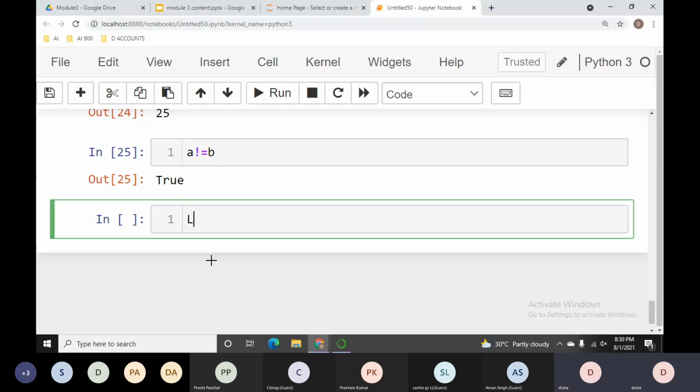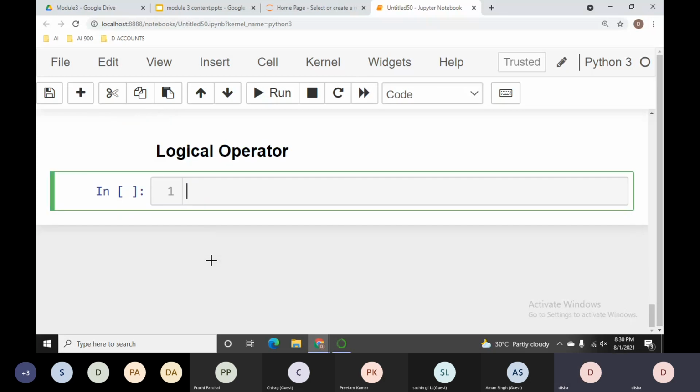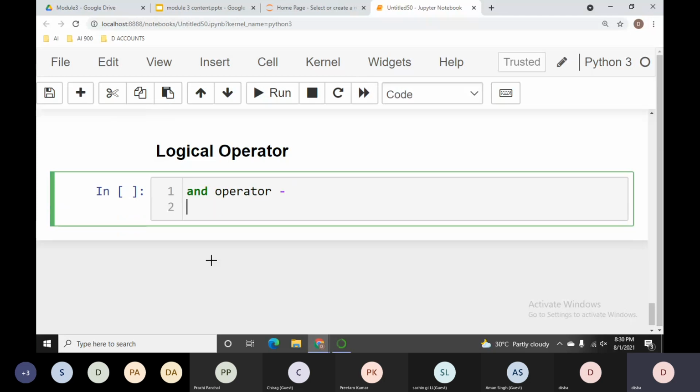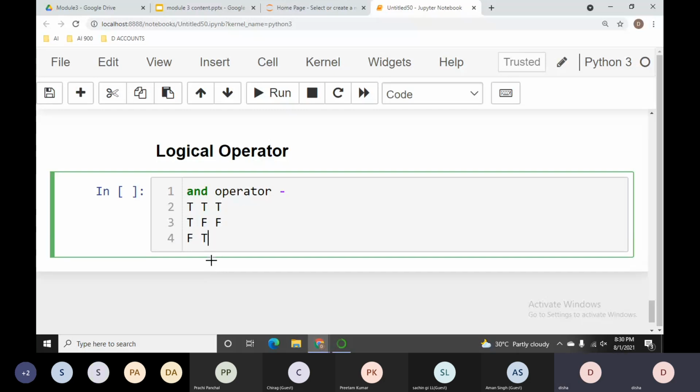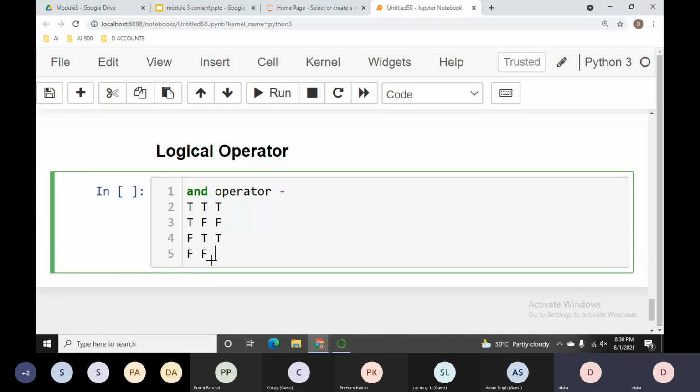Based on this logical operator, carefully here, I will say it's true, true, true, false, true, false, false, false, true, true, and false, false.